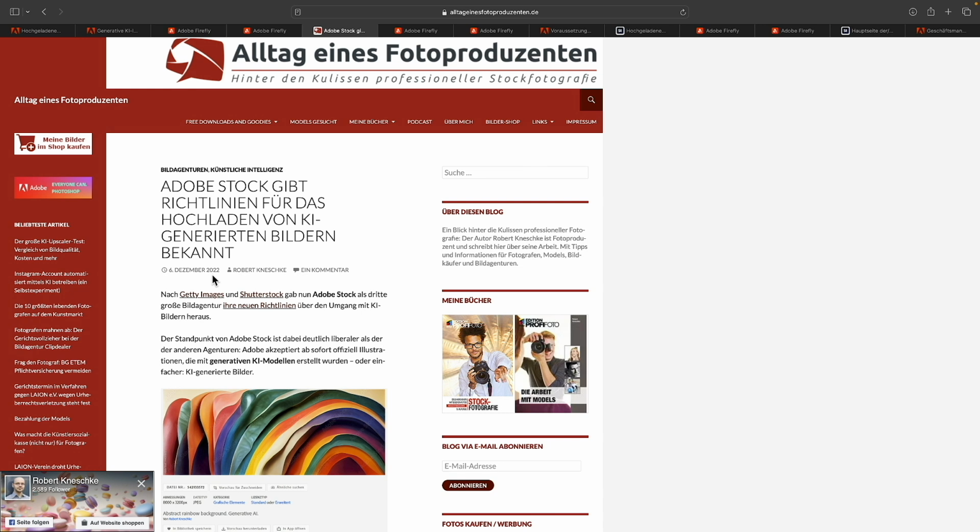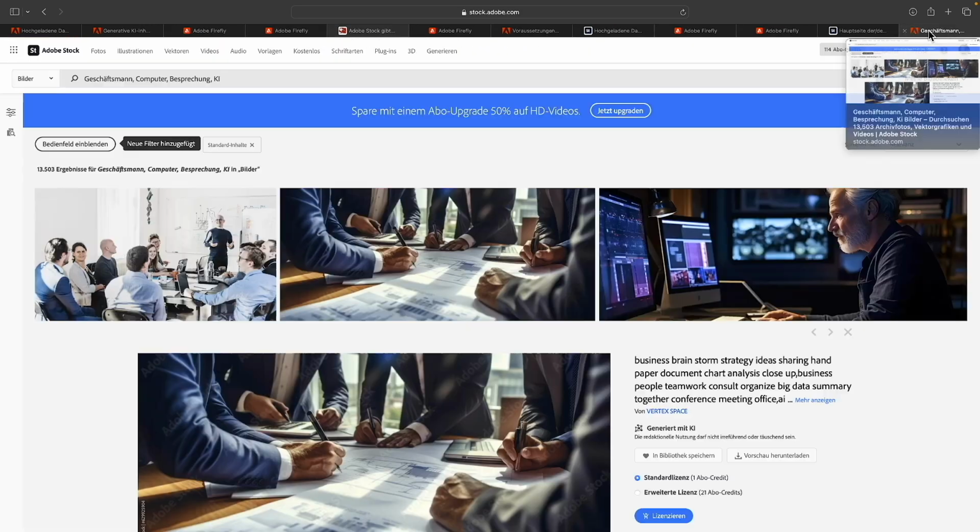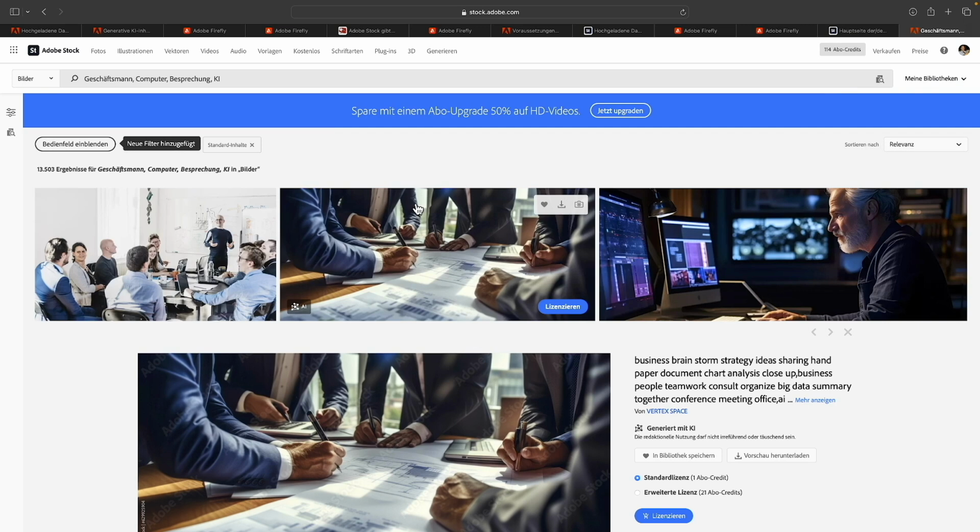That's when Adobe Stock actually introduced it. Unlike other image agencies, it has given people the opportunity to sell AI created images, i.e. upload them. And if we now switch to this tab, I have already entered a search here: businessman, computer, meeting,